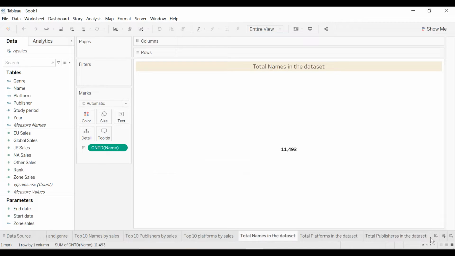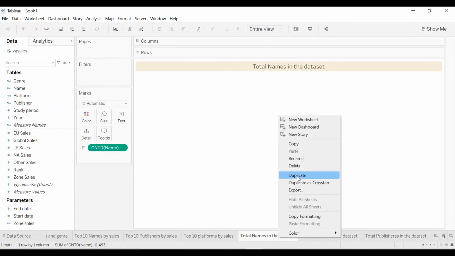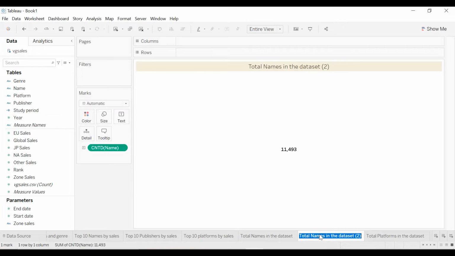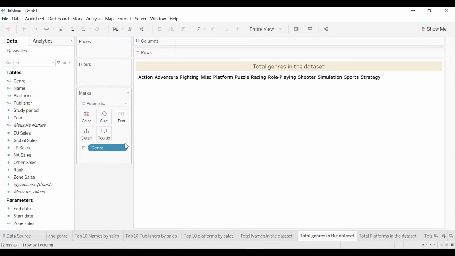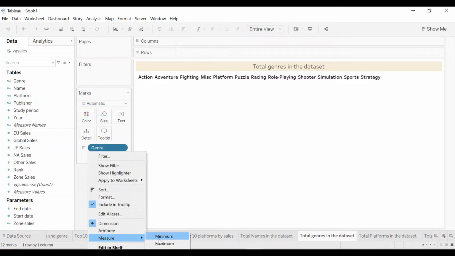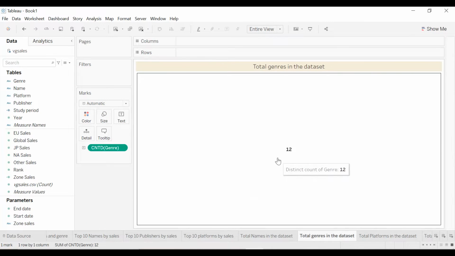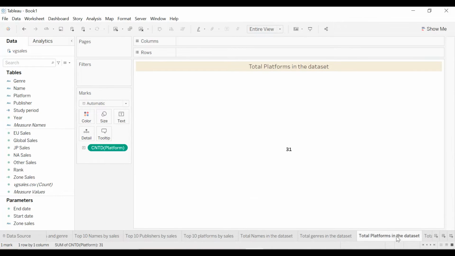Okay, so we duplicate that, duplicate total genres. So we change the title into total genres, right? Genre, and we put here genre, right? So we have the count measure, you select count D. We have 12. Okay, so this is for the different charts and graphs that